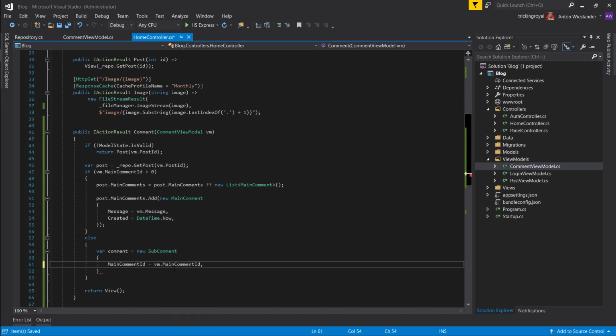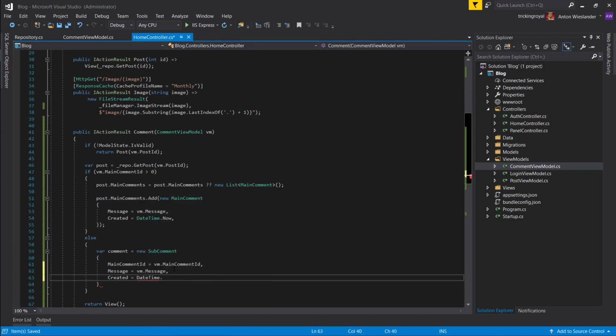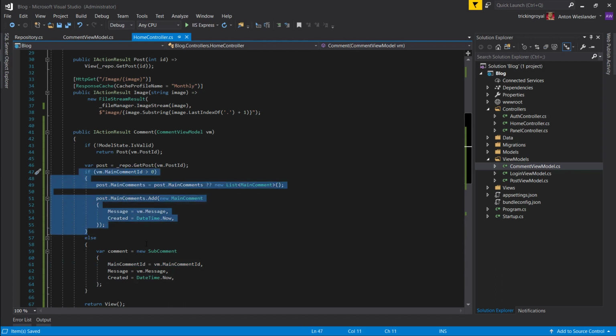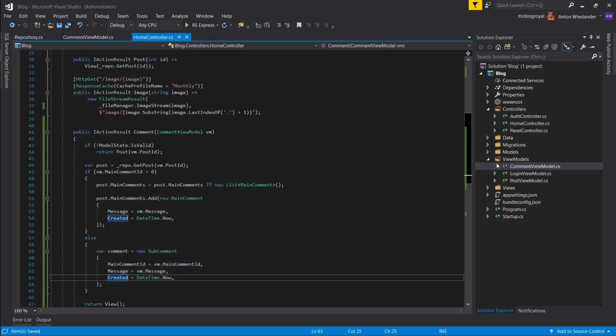VM.main comment ID. I have brain lag there. Message, same, we want to do VM.message. And created equals datetime.now. So again, emphasizing this, I just wanted to show you what your code will look like if you don't specify it. You will have to get this post object and you will have to assign it. Or if you specify it, you can just create a comment, but the trade-off for that here,